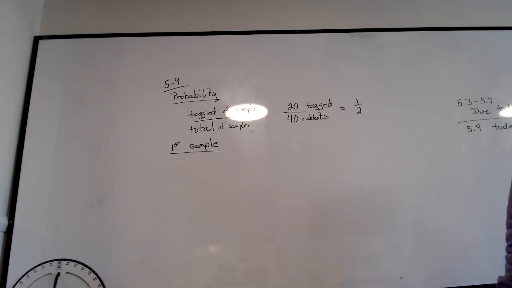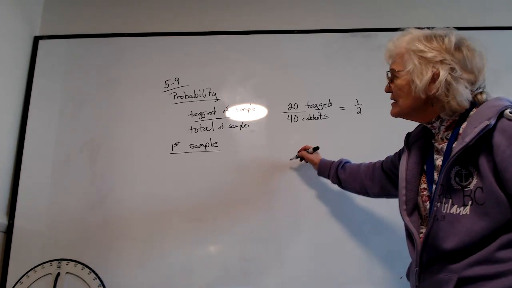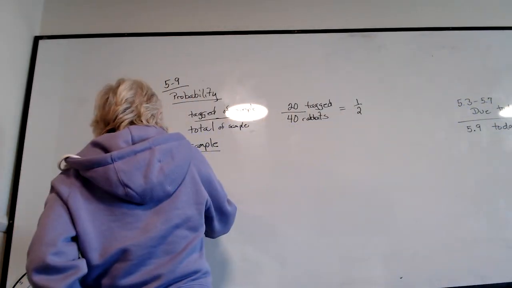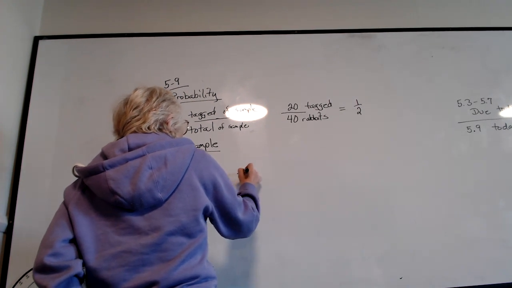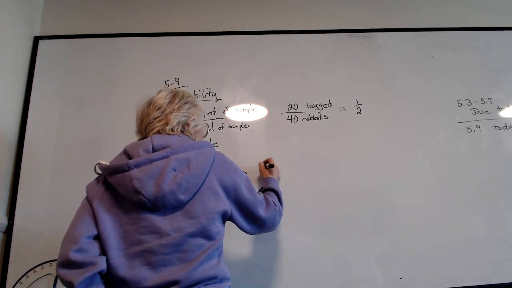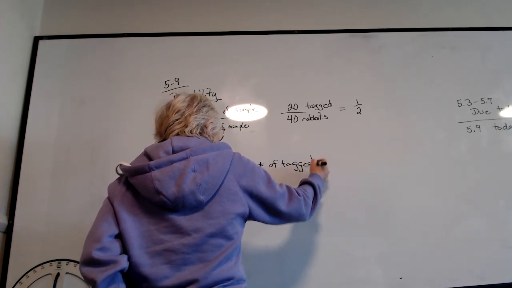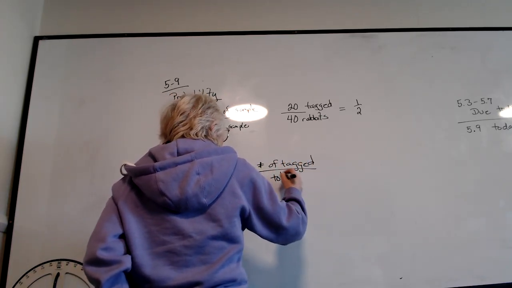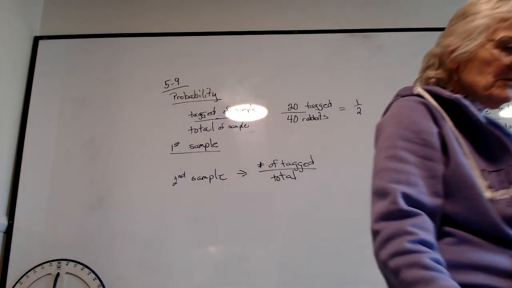Then what we can do is predict based on that. We can go out and make another collection, the second sample. We collect and look at the number of tagged to the total. And it helps us to find out